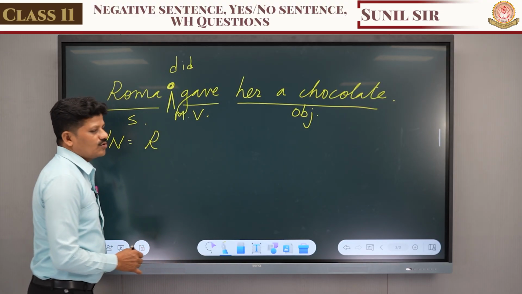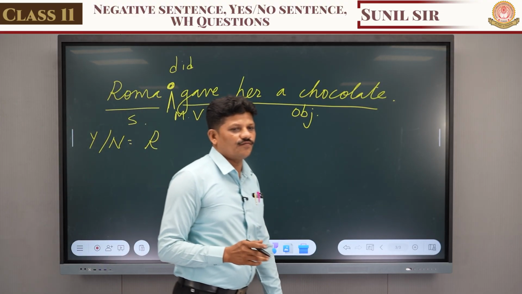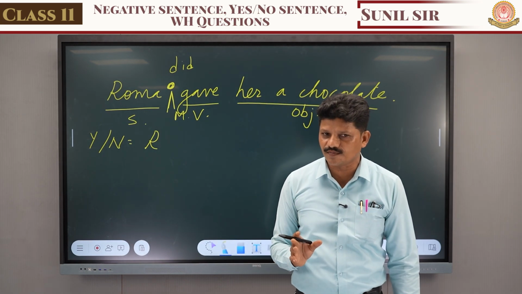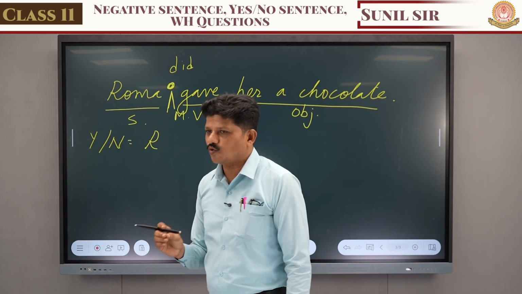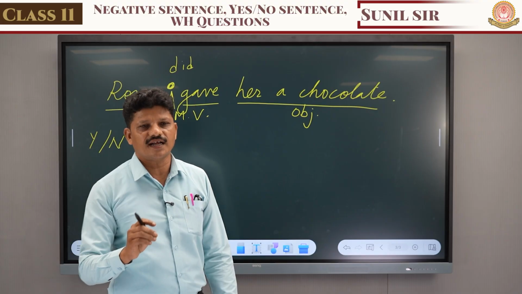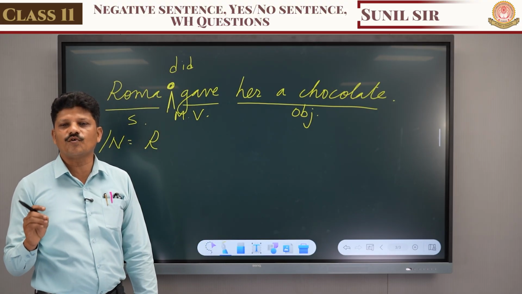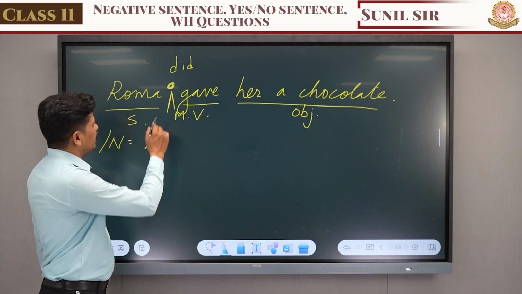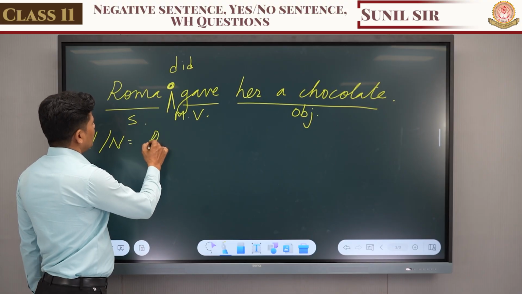Yes. Now what do we have to do in making a yes or no question? First of all, find out the helping verb. Then you just have to pick up the helping verb and place it before the sentence. So the main sentence is here. So we will place did